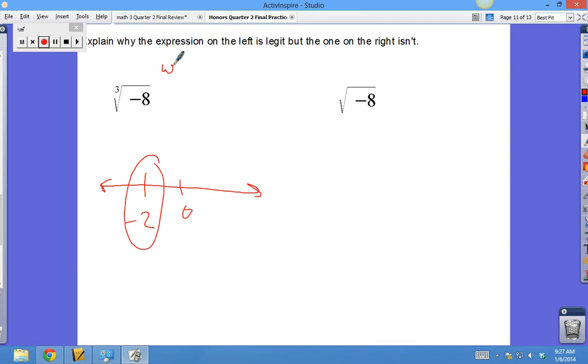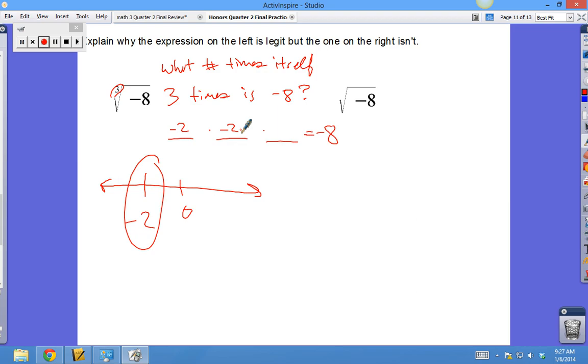So I'm asking you, what number times itself 3 times is -8? So something times its exact self 3 times, and your answer has to be -8. -2 times -2, that's a +4, times -2 is negative 8. So there we go. This is what I'm asking you in English, and that does exist on our number line, and it's right there,